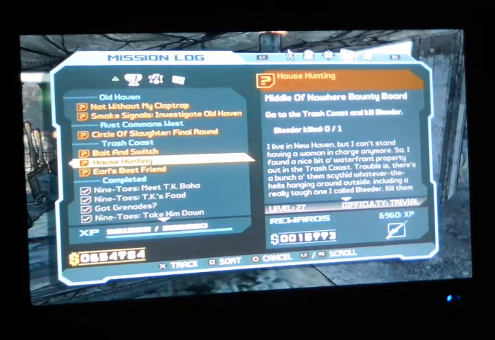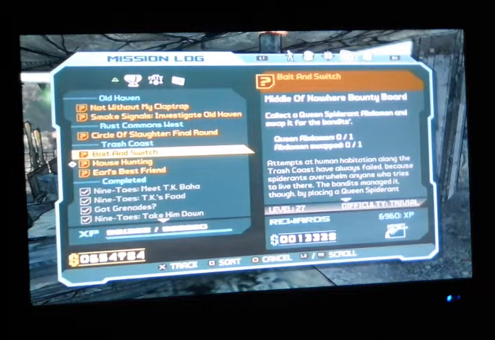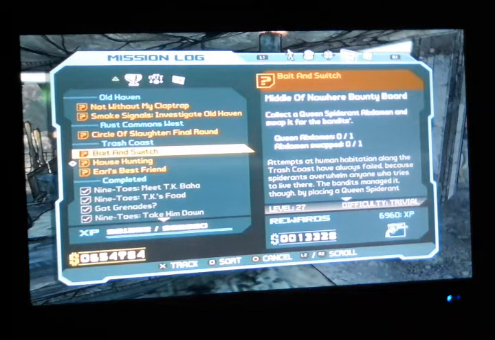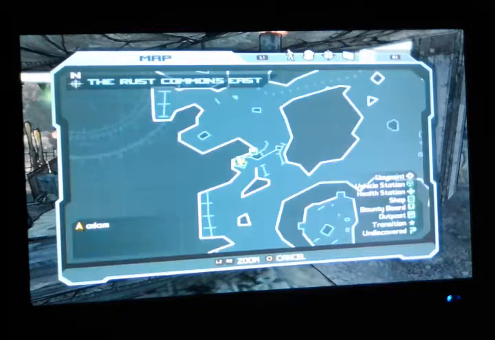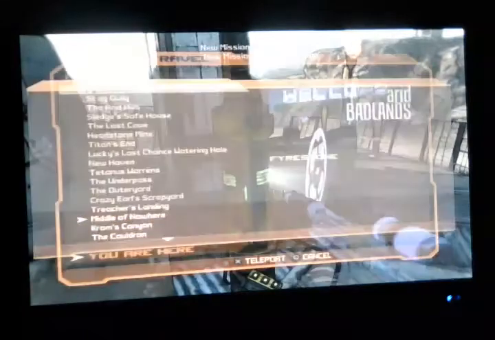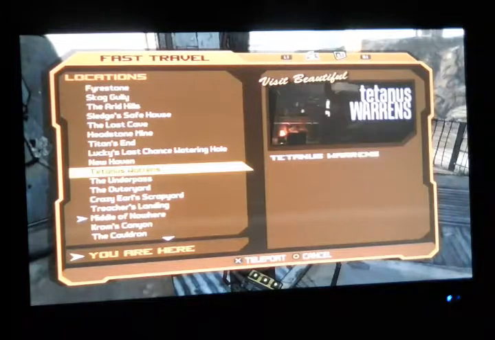So go to Trash Coast and kill Bleeder. Collect the Queen Spider Ant's abdomen, and swap it for. Oh yeah, I remember that. See, it looks like it's just going to be circle sort. So that means you get 4 missions. Wow, I didn't realise that. Yeah, I need to get this mission done,